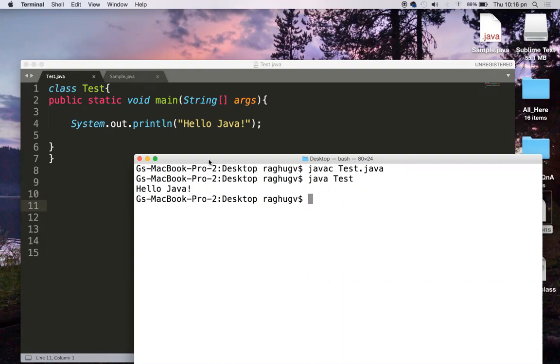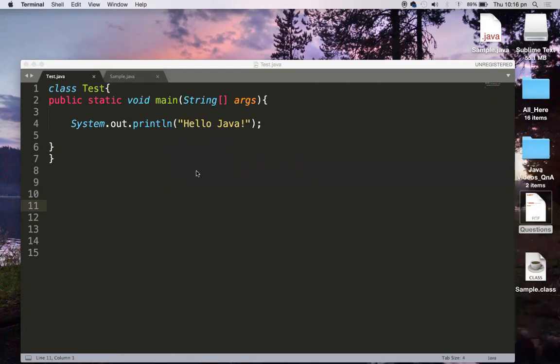Okay, so it is printed here in the sense it is printed to the monitor, which is actually a console output device, and through this println method, this string Hello Java, which is within double quotes, is pushed to the console monitor, and I am able to see it. So let's understand this system.out.println in a clear sense.